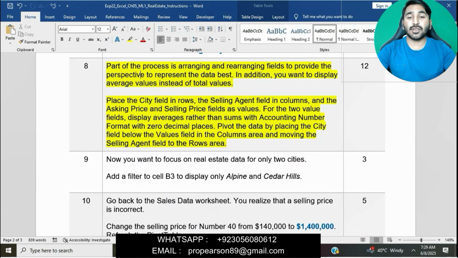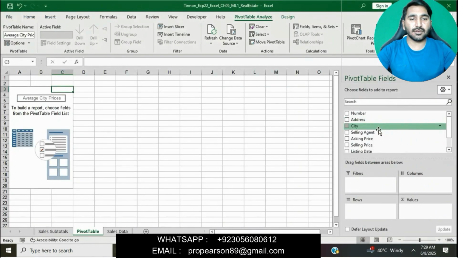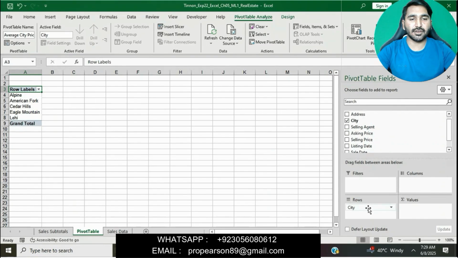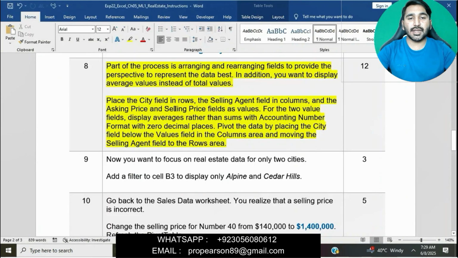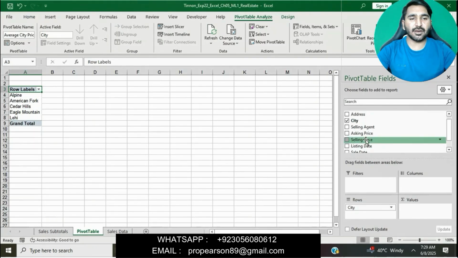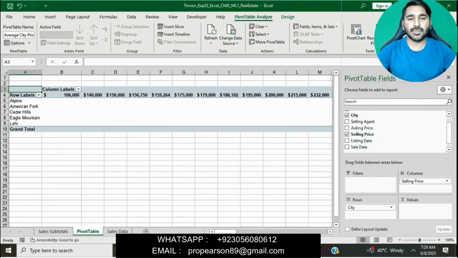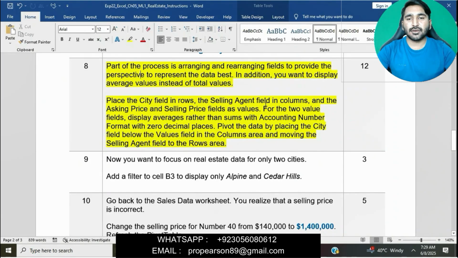First, we will place the city field in the row area. Second, we will move the selling agent field to the column area. Then the asking price and selling price fields as values.